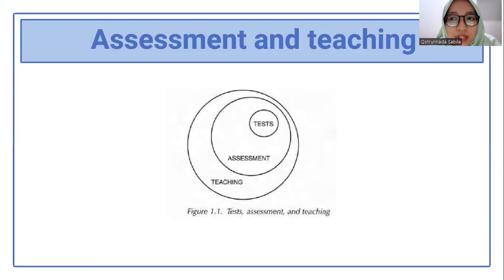And then assessment and teaching. Assessment is an ongoing process that encompasses a much wider domain. Whenever a student responds to a question, offers a comment, or tries out a new word or structure, the teacher subconsciously makes an assessment of the student's performance. Tests then are a subset of assessment. They are certainly not the only form of assessment that a teacher can make. Tests can be useful devices, but they are only one among many procedures and tasks that a teacher can ultimately use